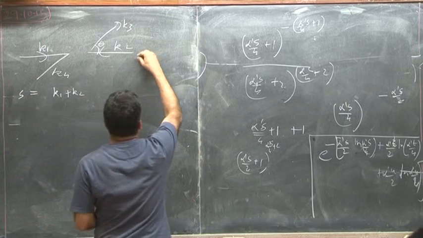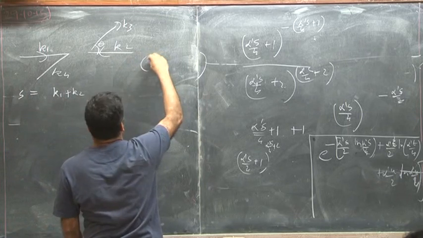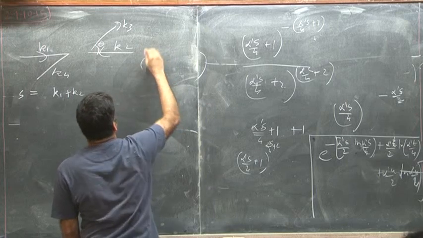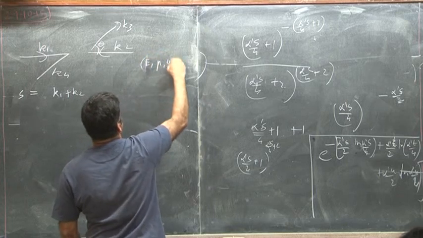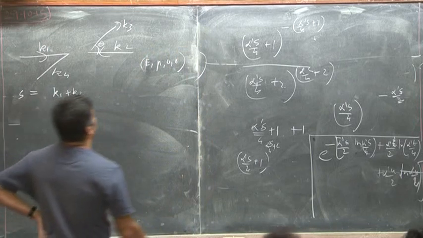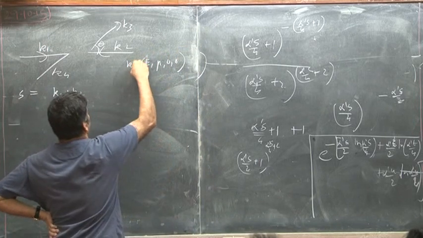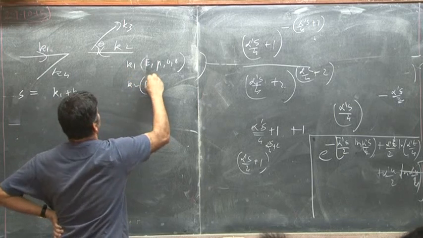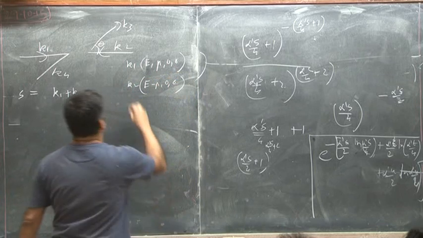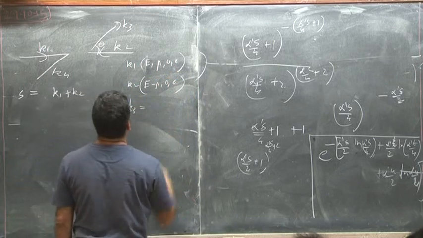But suppose K1 was in one direction, so it was P, so energy P, 0, 0, okay, and K2 was equal to energy, minus P, 0, 0, K3 was equal to